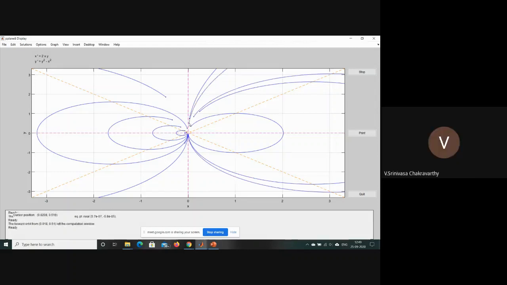Oh wow! I've never seen this example. Very interesting. But the ones that you start very close to the y-axis go to infinity and don't come back to the origin. If anything starts on the y-axis, it will never come back to the origin. So it depends on how close you are to the y-axis.